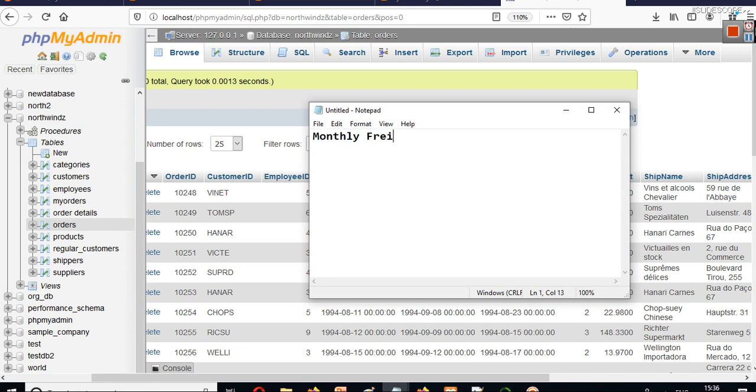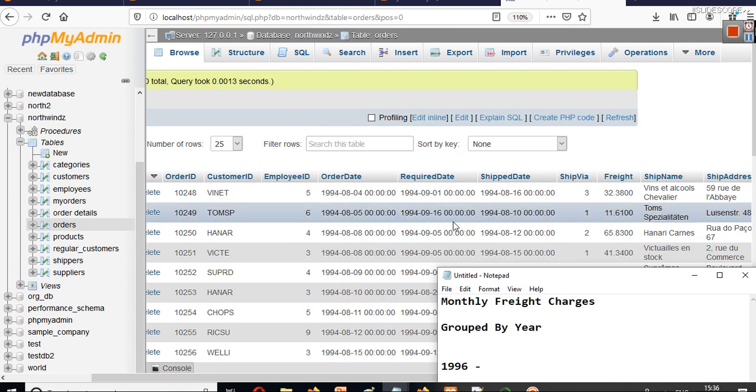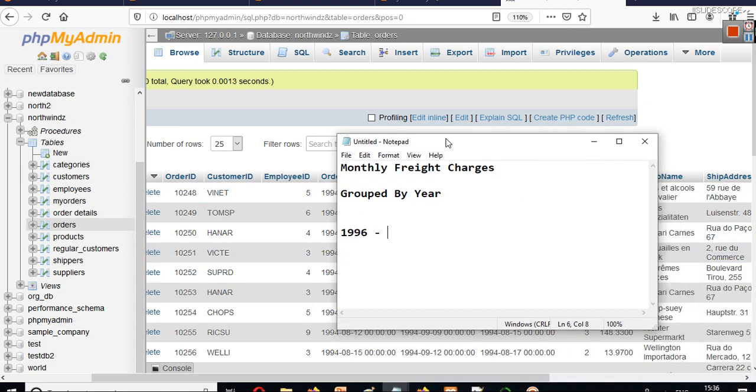Monthly freight charges, or we can say monthly freight collected, and these monthly freight charges will be grouped by year. So these are two major things that we have to do. So we want to find monthly freight charges. It should be something like this, let's say the year is 1996, because in the data that we have there are years like 94, 95, 96. So suppose the year is 1996,